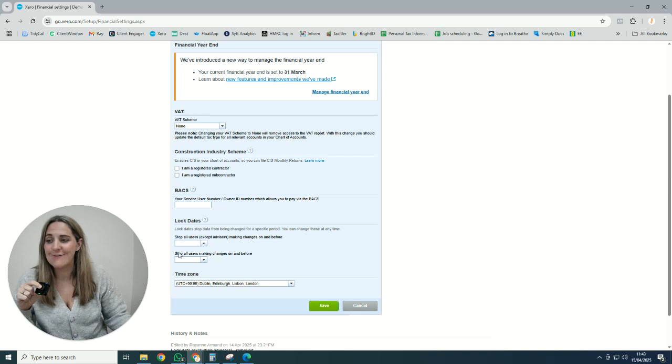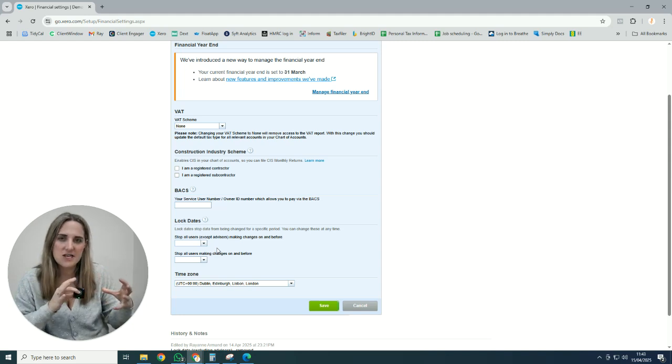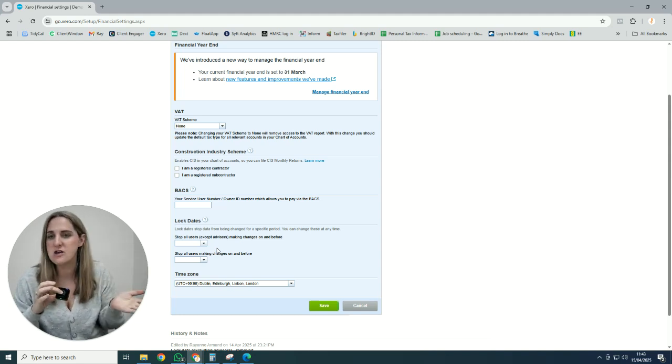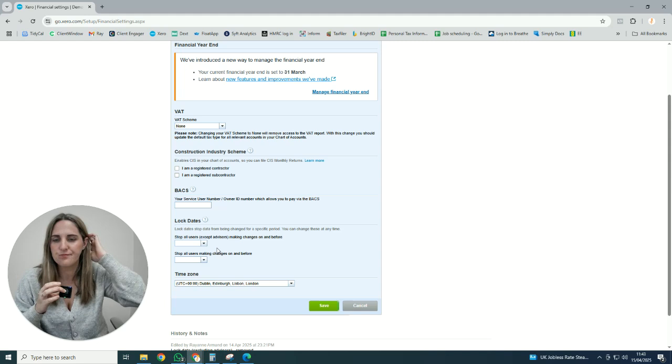And then finally, the final two things you want to check is that you have a lock date in place. So if this is blank, as you can see in this scenario, that is a sign that your Xero could have issues in it, because basically you are not ensuring that your data has financial integrity. And what I mean by that is, say the year ended 31st of December has already passed and you have submitted accounts and corporation tax return to HMRC, or you've submitted your personal tax return as you're a sole trader